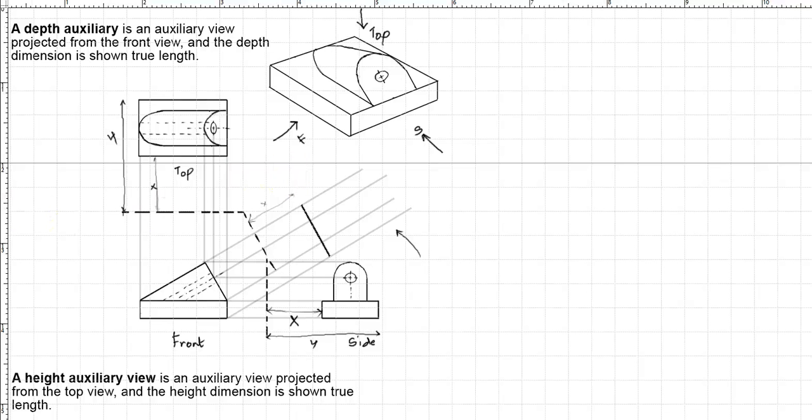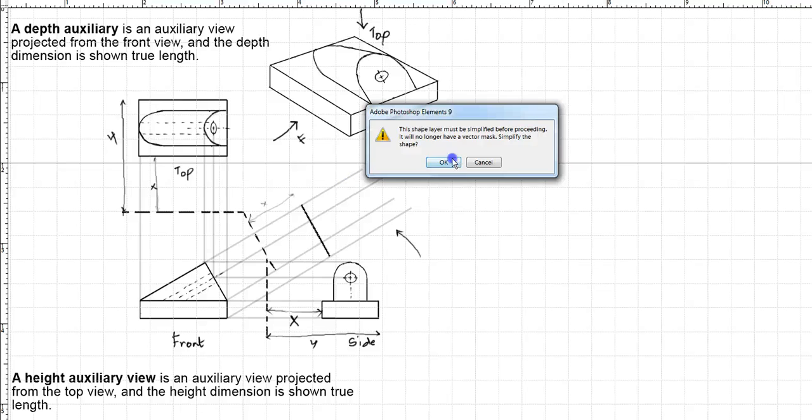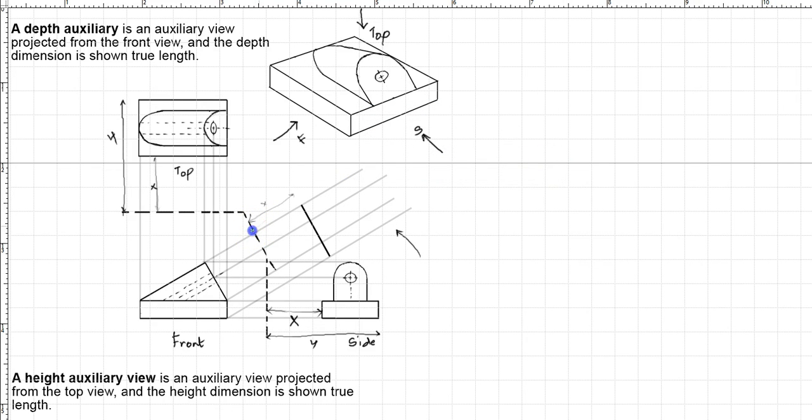Now I'll have to measure my distance for Y from the folding line, which is going to be from here till here, which is where my object ends, and I'm going to make that line. Okay,